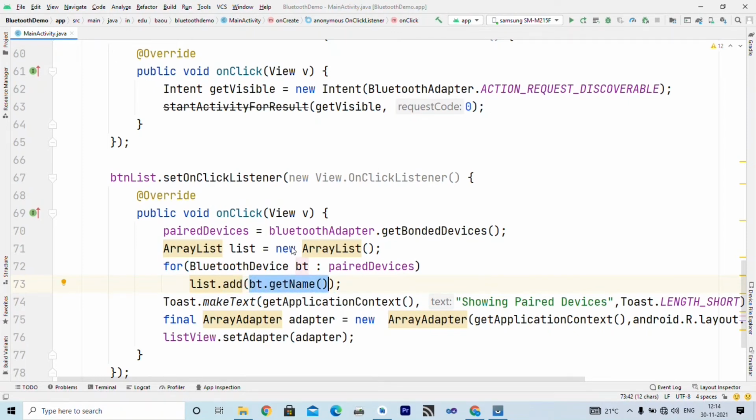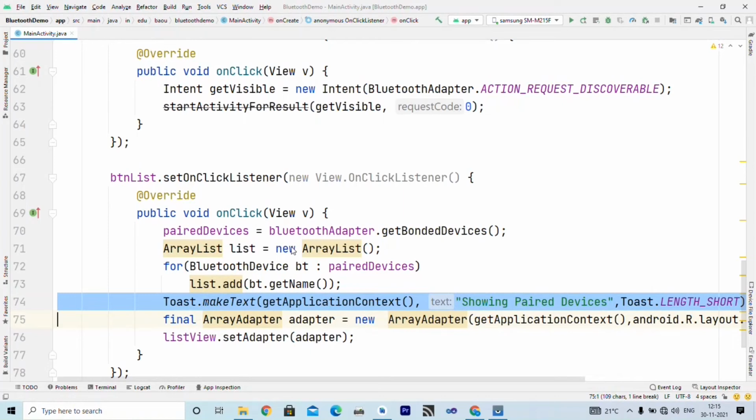So remember, in pairedDevice we will get all devices, and using this for-each loop we retrieve all devices one by one inside bt, and using the bt.getName method we get the name of that Bluetooth device which is already paired with our Bluetooth, and add that inside the list object which is of type ArrayList. So after completing the for loop, inside list we will get all the Bluetooth devices that are already paired.